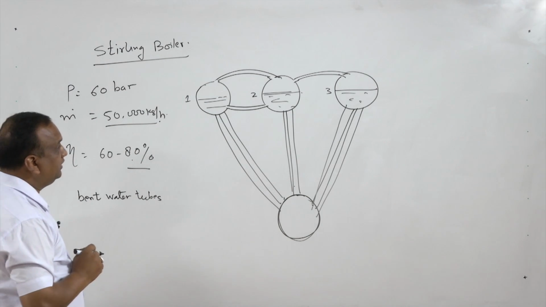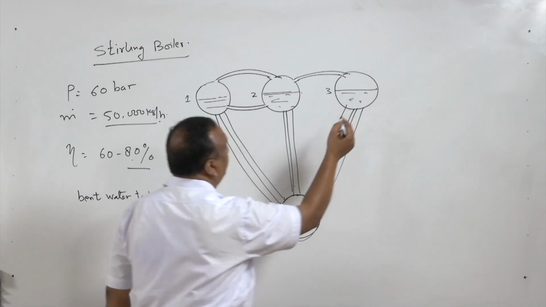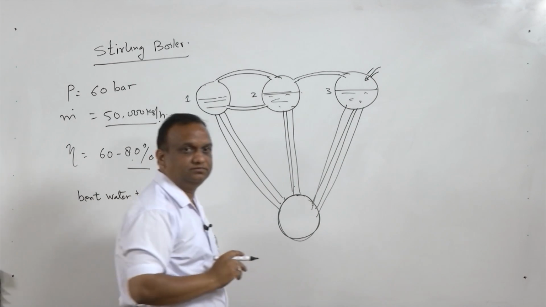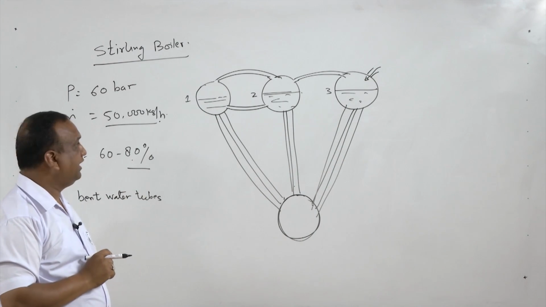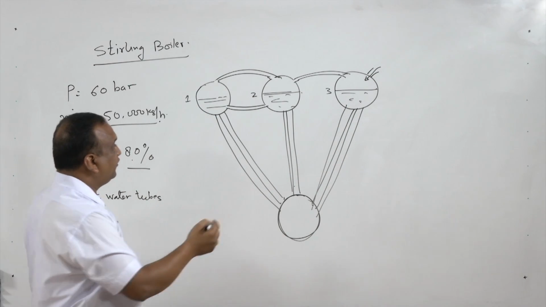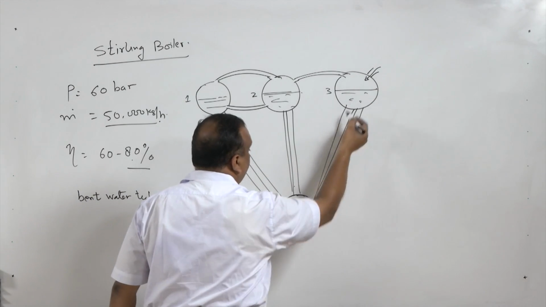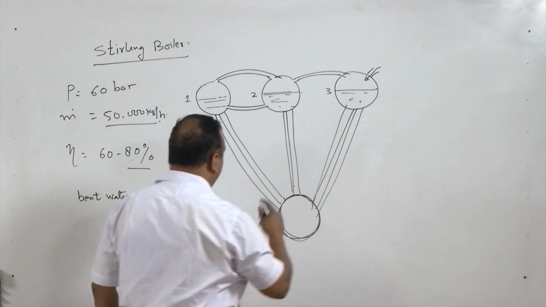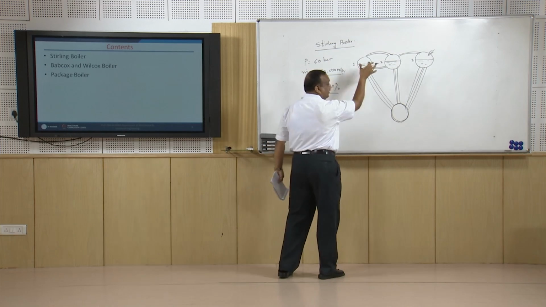Now, feed water is provided from here. There is a feed check valve, and feed water is provided from here, right? And from here, the feed water enters this water drum,